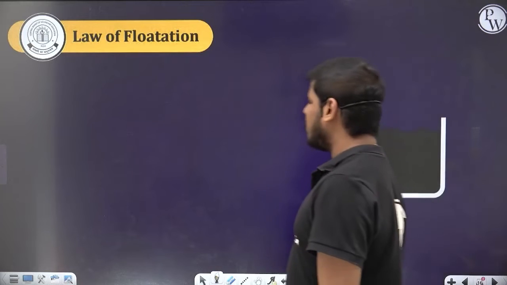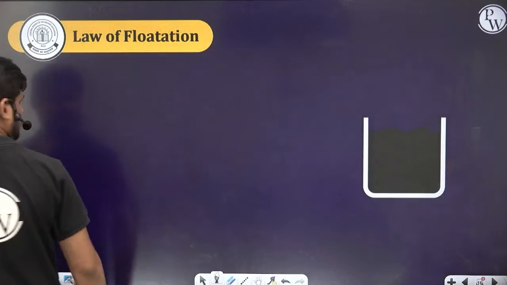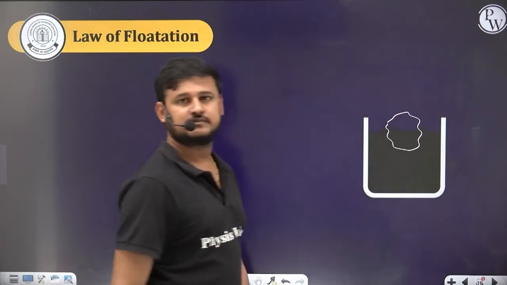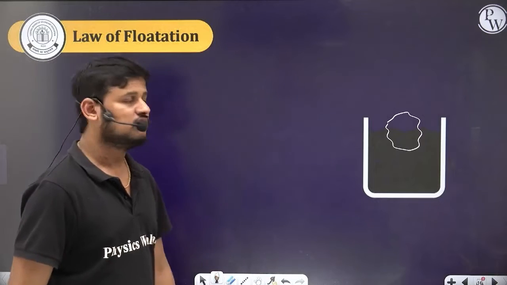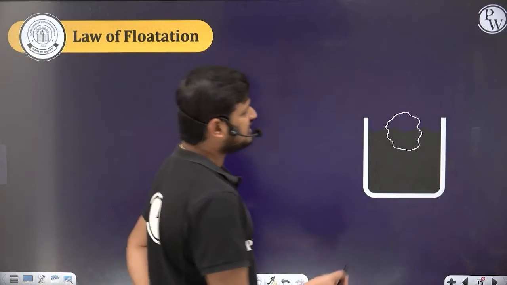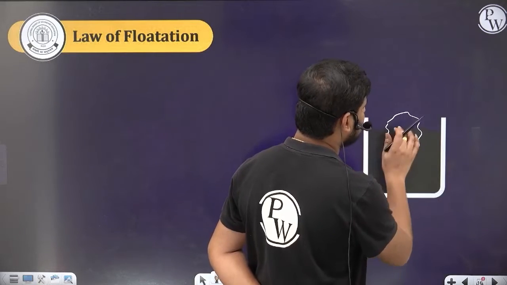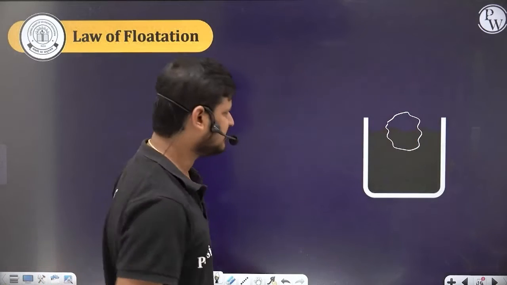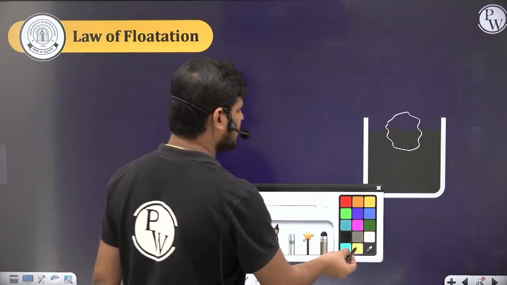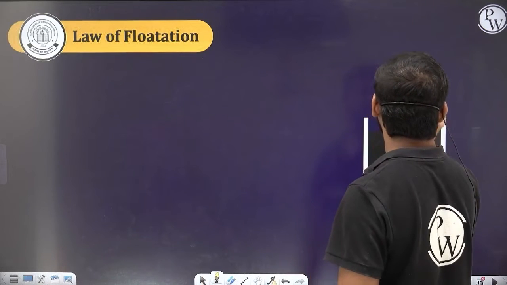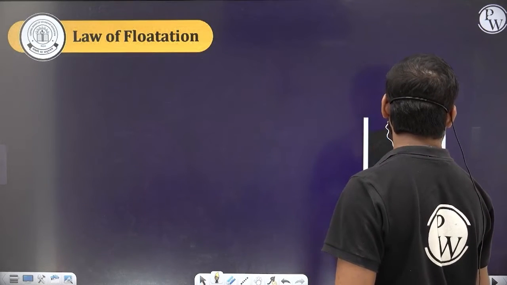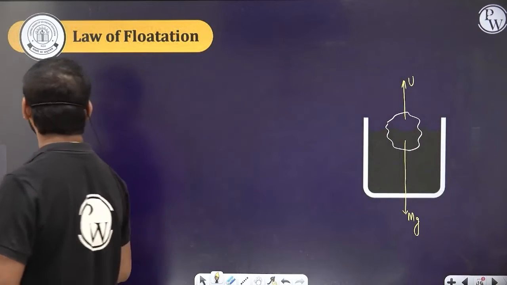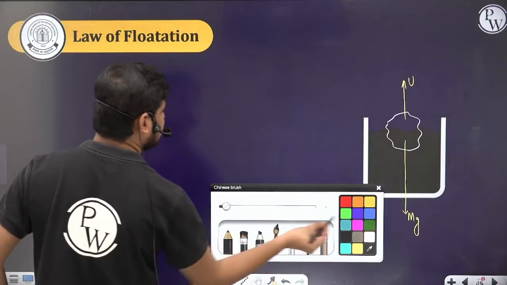Now what is the law of flotation? When an object is placed on a liquid, some part of it is submerged in water and some part is still floating on the liquid, or water, or some other liquid it can be. Now what are the forces that are going to act on the body? The upthrust and its weight. Apart from this, any other? Here the law of flotation says the body will float